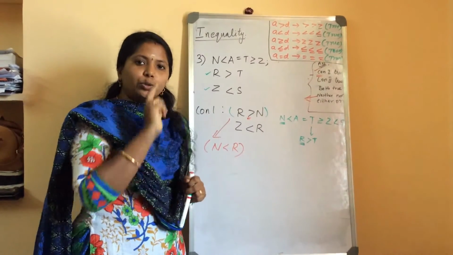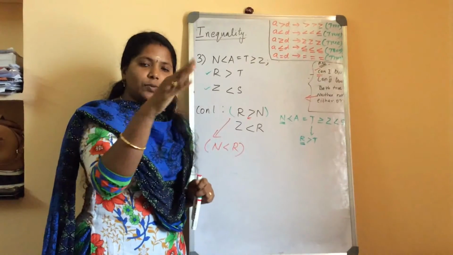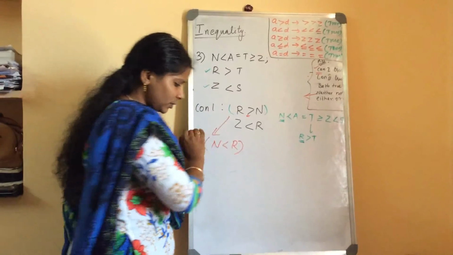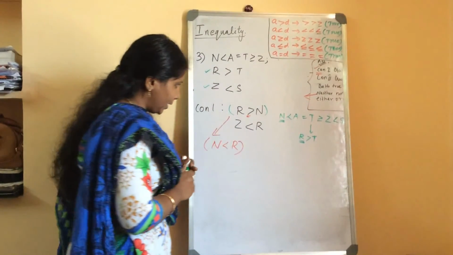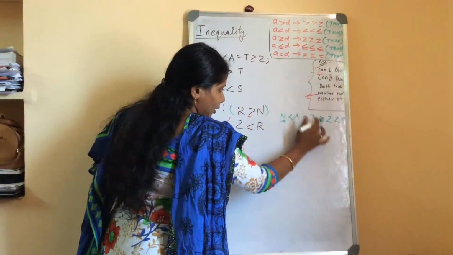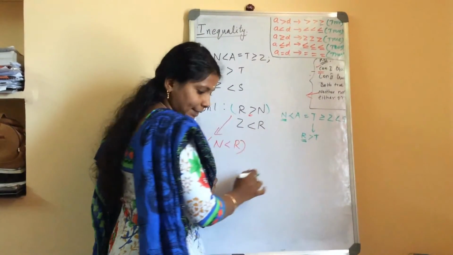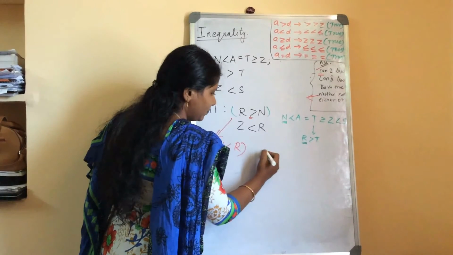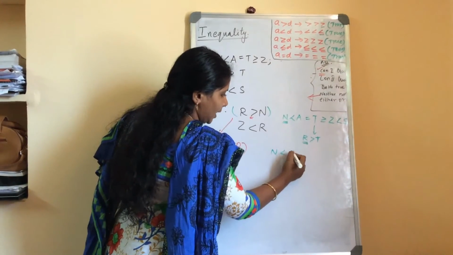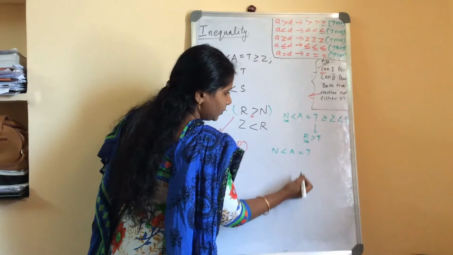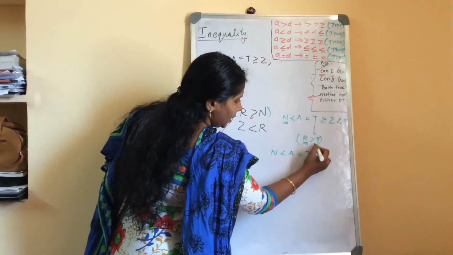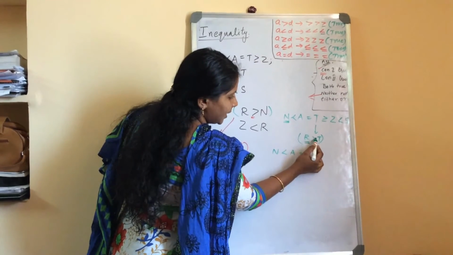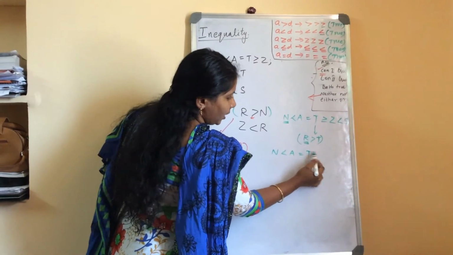Okay. So this is the less than symbol. Rule number 2. Rule number 2 says what? It should always go with the less than symbol. Okay. Let's see whether we have the less than symbol or not. See, for this particular statement, I am going to write how the flow will follow. N less than A equal to T. See, from T it is coming here, and here R is greater than T. I can write it as